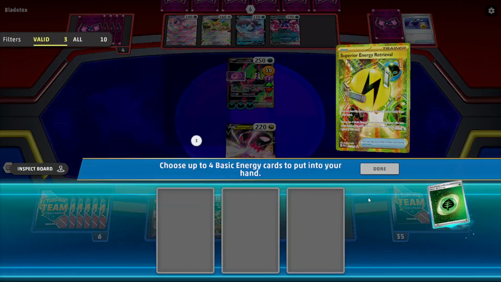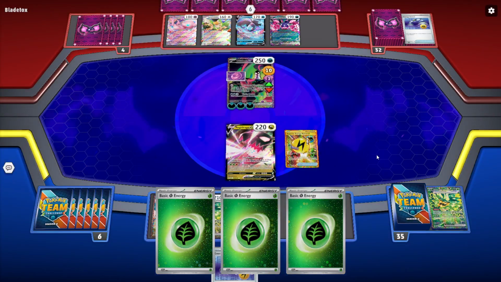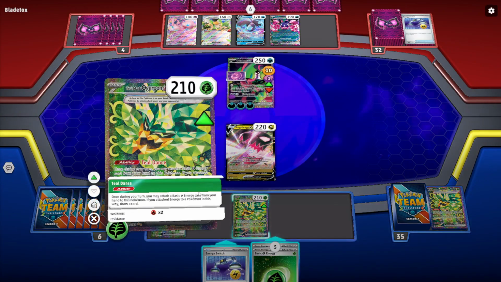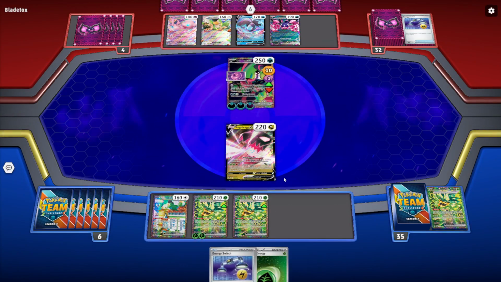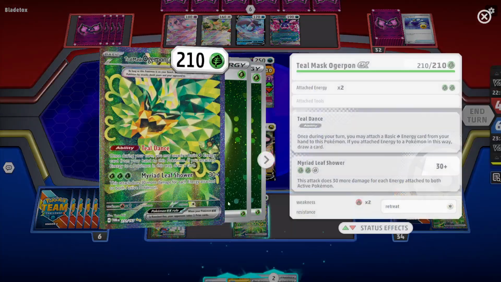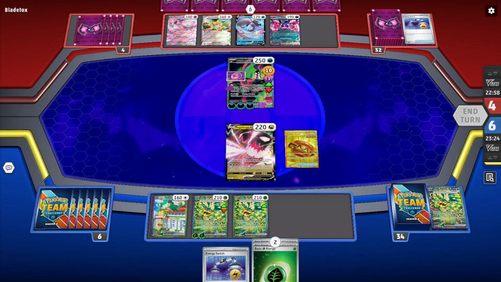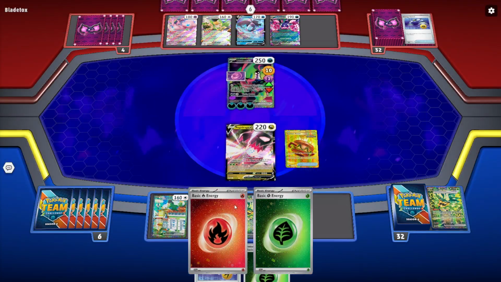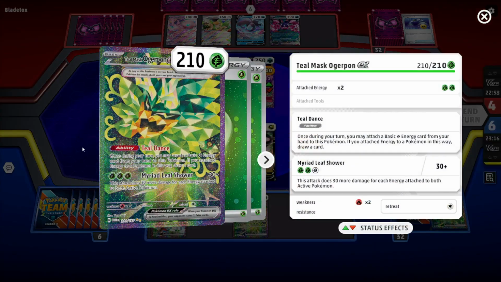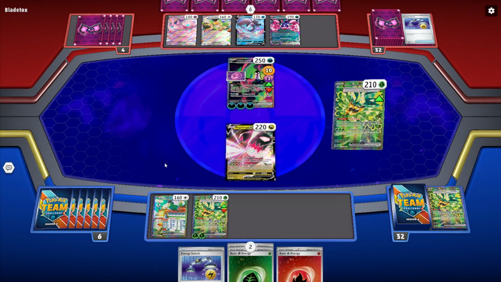Get rid of these. I mean, we could have gone with the energy switch and had another Teal Mask to go with. We just need to draw cards at this point. We are in a very bad position. Should we have gone... I think we should have actually gone with the Teal Mask, to be honest. We can go Earthen Vessel away 1 and get 2. The duplication trick. I think we should have actually gone with the Ogerpon. I don't think we would have gotten 1, 2, 3, 4, 5, 6, 7. Yeah, no, we wouldn't have gotten the knockout anyways. We're kind of forced to...